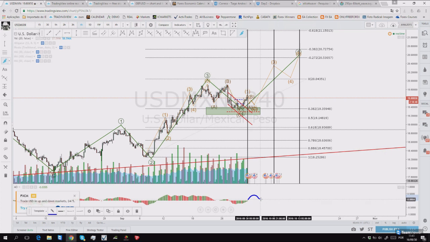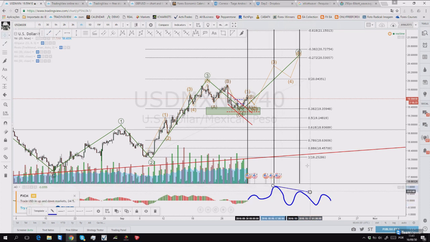So it would come up. Then you'd have the impulse. Then you have the cross of the 0. Then you have another impulse. Then you have A, B, C. So I'd be targeting this area here, and I'd be looking, sorry, for divergence here to confirm wave 5 and